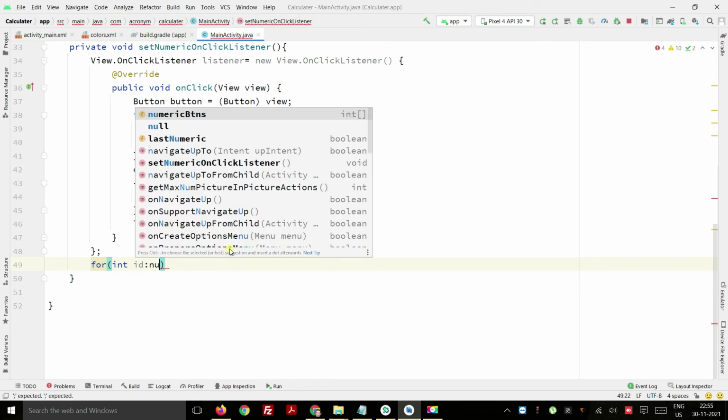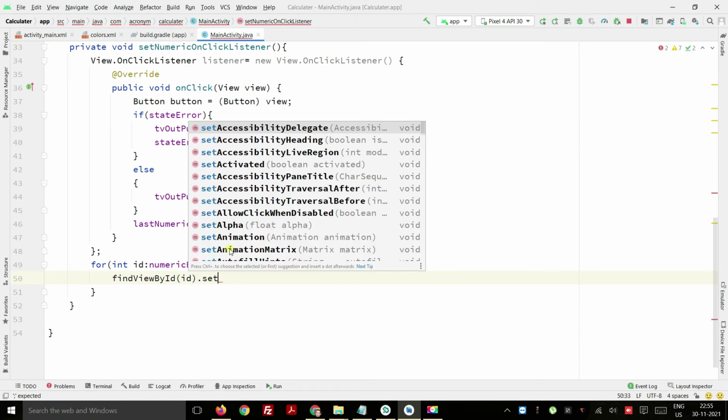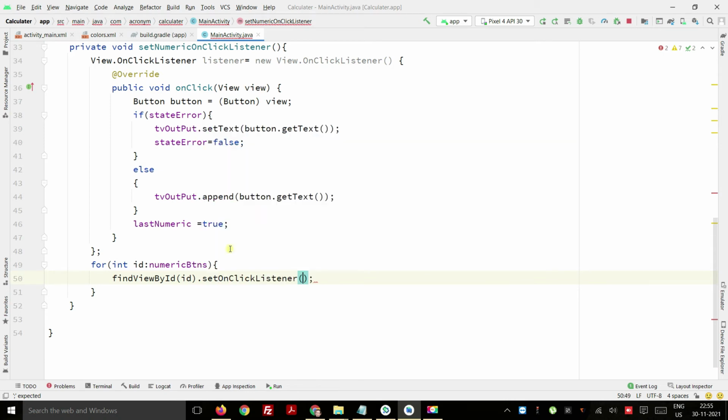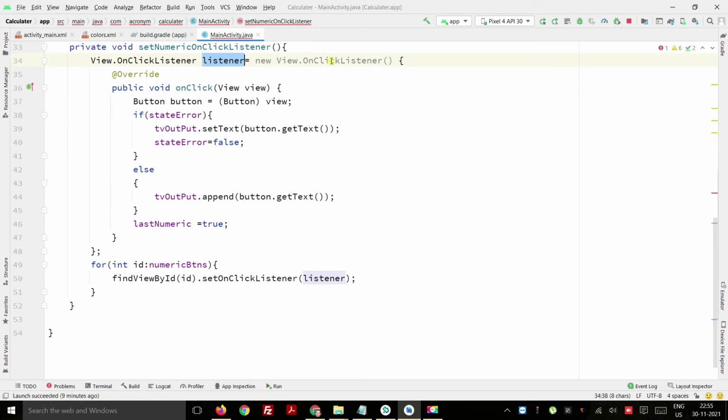So numeric buttons, and then I will put find view by ID, and then id dot set on click listener, with the listener we have defined here. So it will help us get it for all of them.